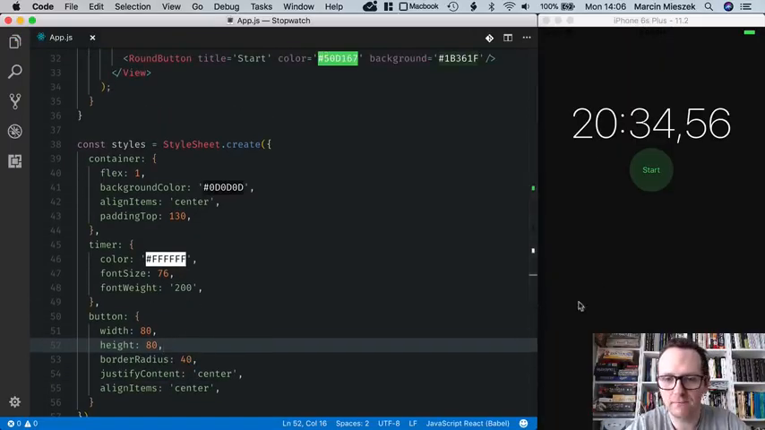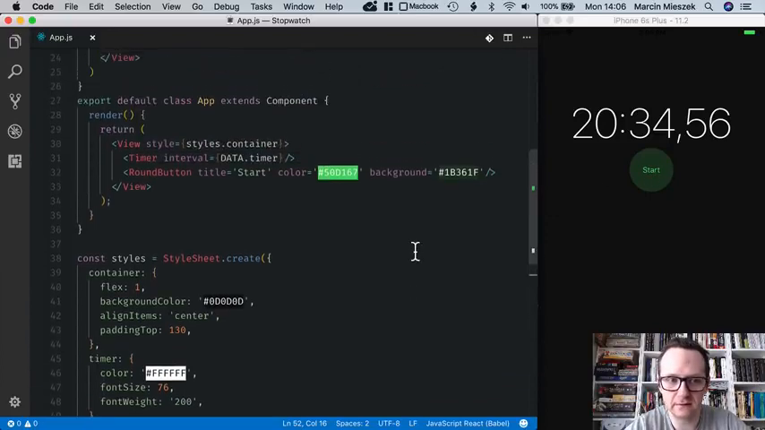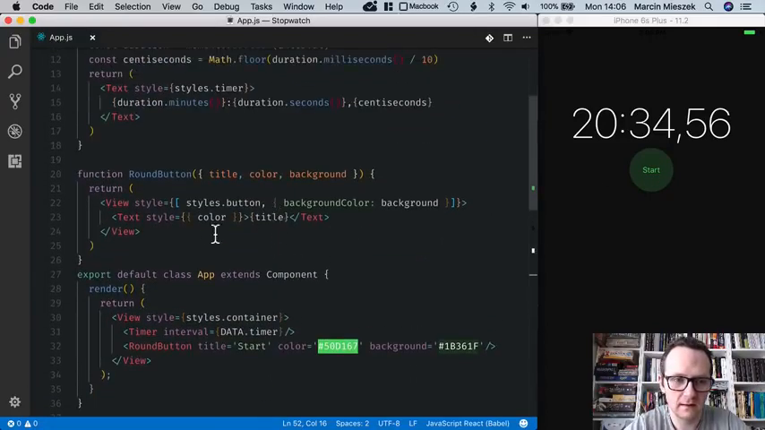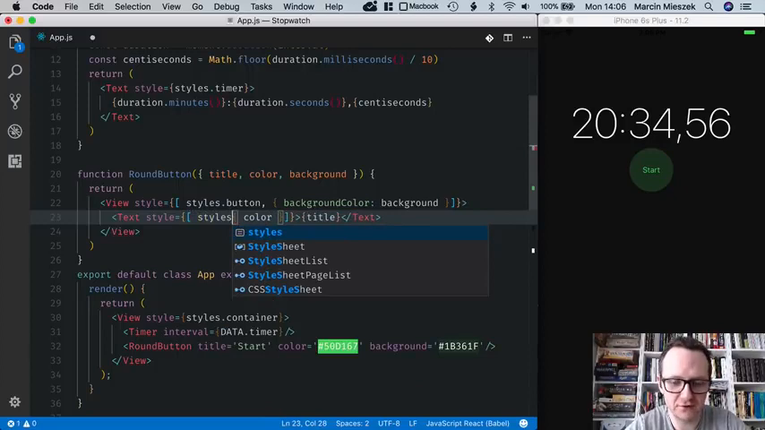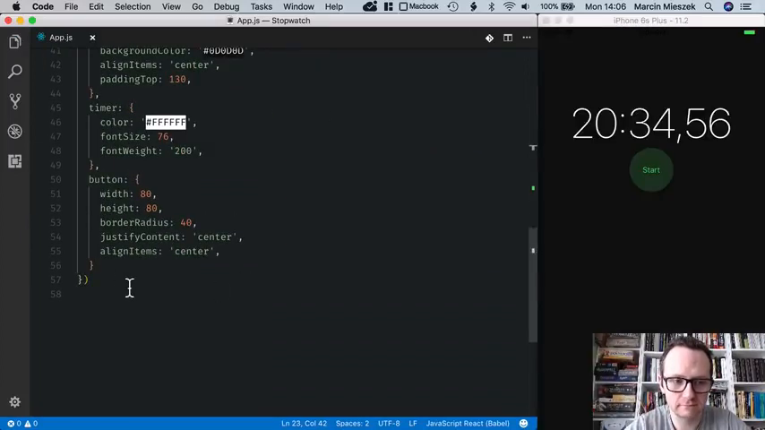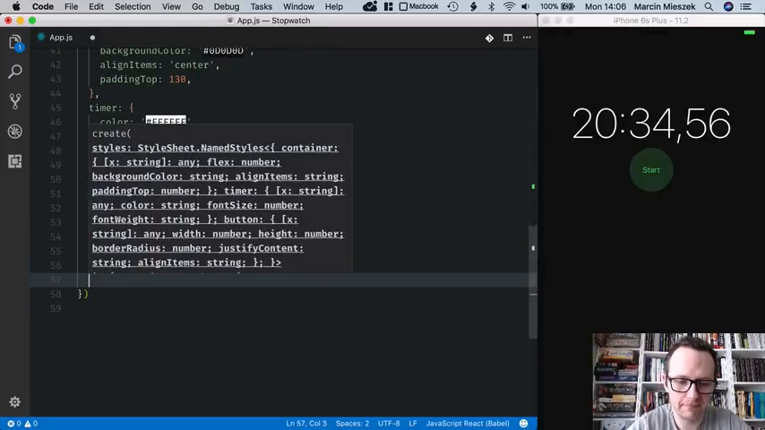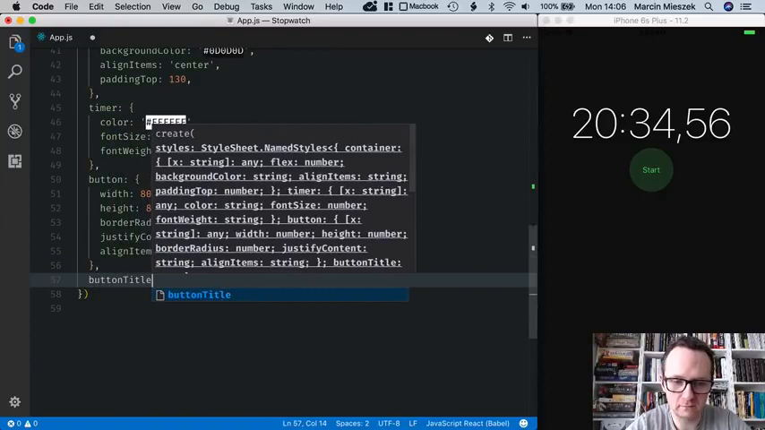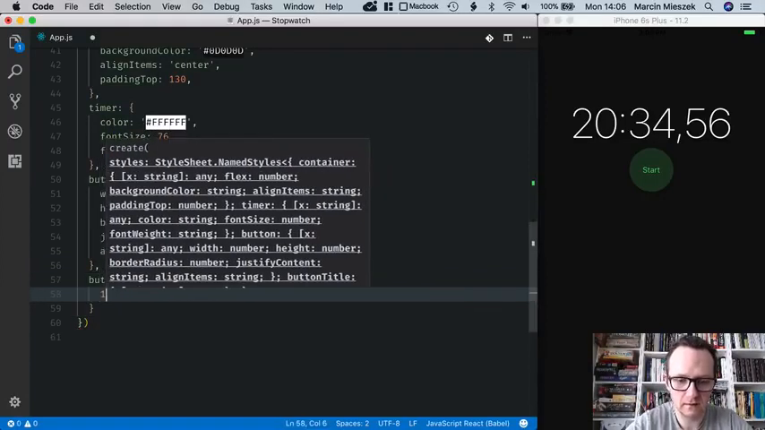Okay, now let's make this text a little bigger. So again, I put the square brackets here and add a style definition. So styles.buttonTitle, comma, color. ButtonTitle, let's start with